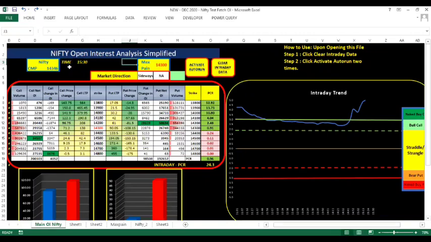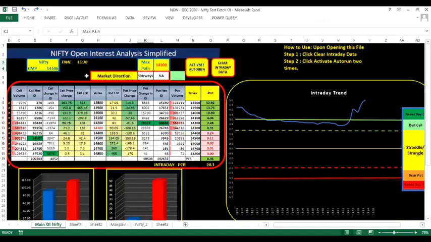Then next to it is Max Payne. Max Payne theory is well known. Many of you would know it, but in brief it means that based on the current open interest both in puts and calls, the expiry is likely to happen somewhere near this price. This could be 50 points here or 50 points there, but this is the level where option buyers will lose the maximum money. This also is auto calculated based on the data available on the NSE website. So this is an important data point for us to keep an eye on.